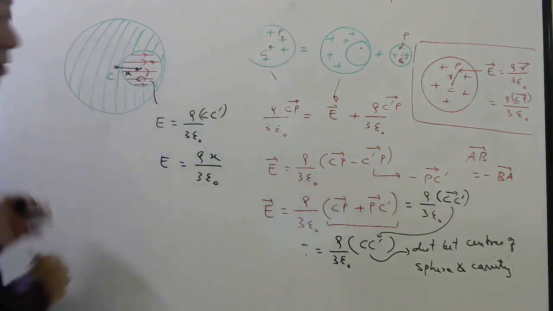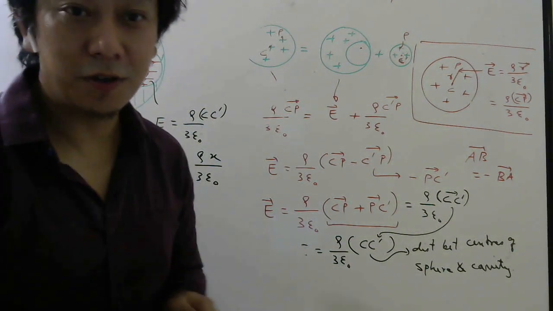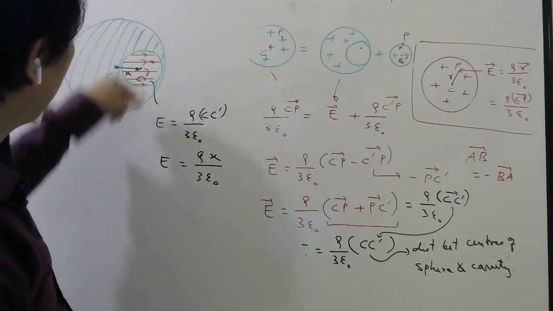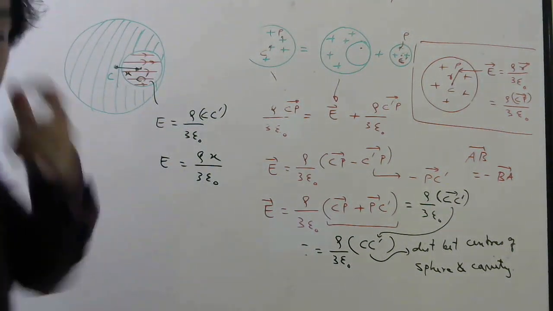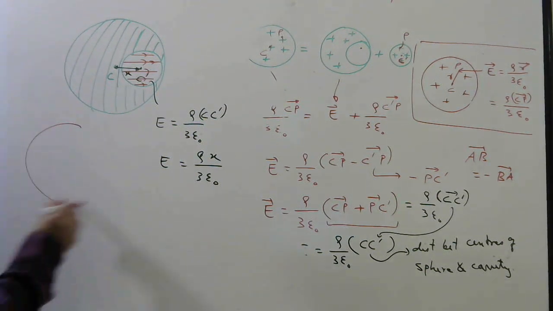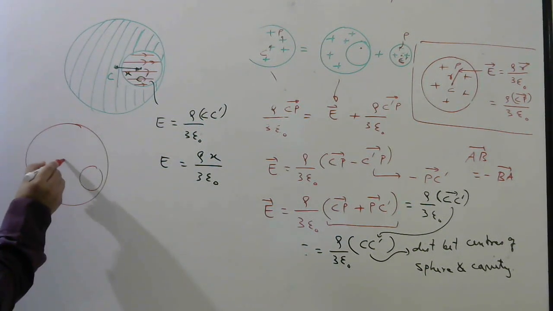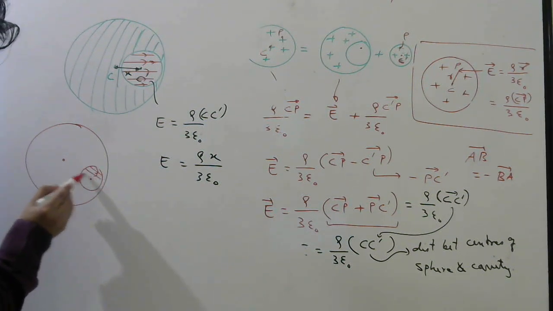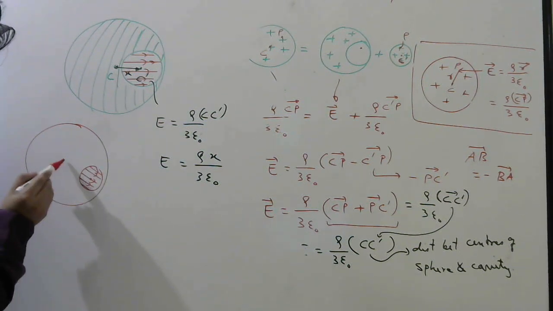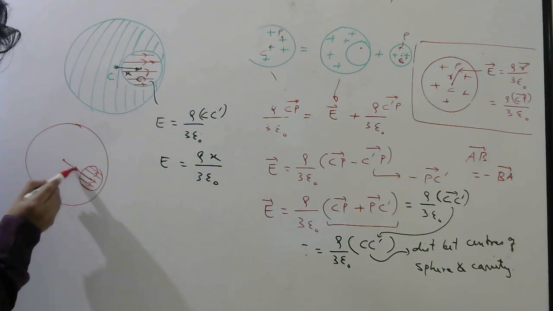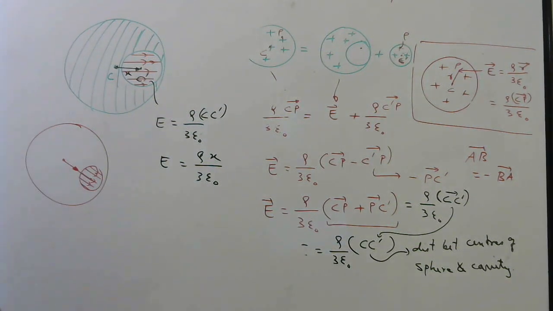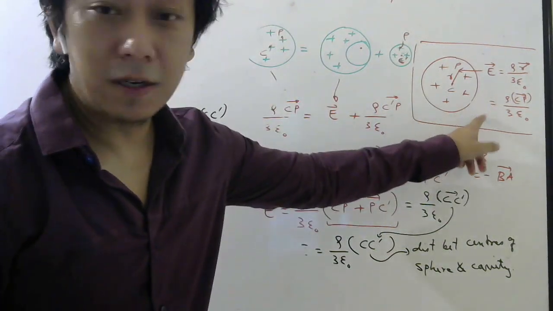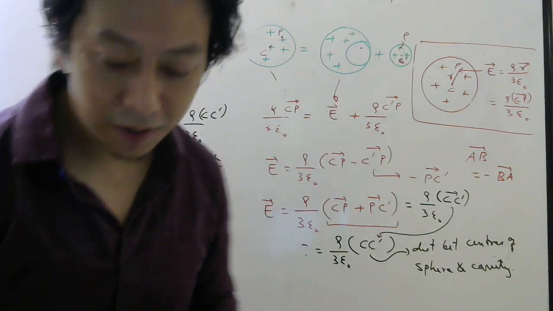It's a very beautiful result. Try to memorize it. It is not radially outwards. It is from the center of the sphere to the center of the cavity. So if the cavity was somewhere here, then the electric field inside the cavity will be like this, from center to this, in this direction. It's a very interesting result. Without using it, the problems will be very difficult to solve.